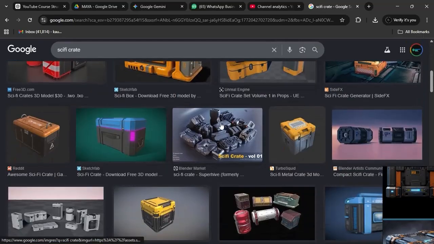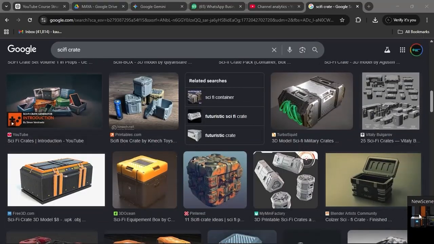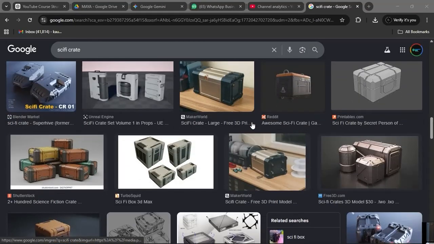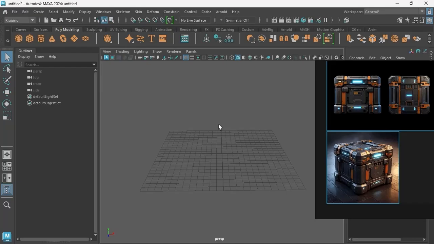In today's lesson we will learn how to create a sci-fi crate. Here is the reference for this model. So first of all,